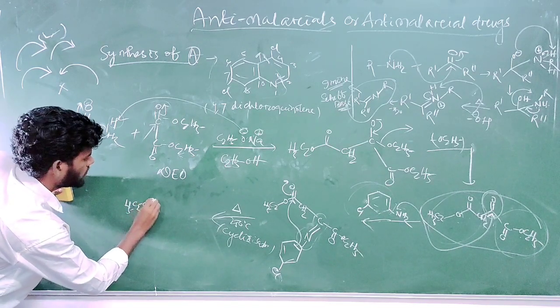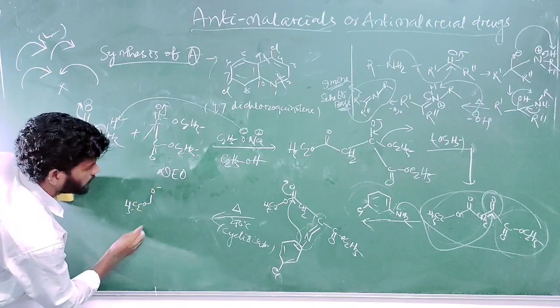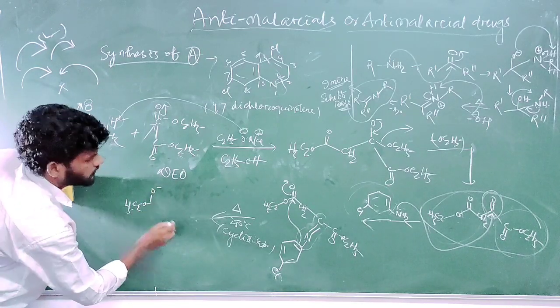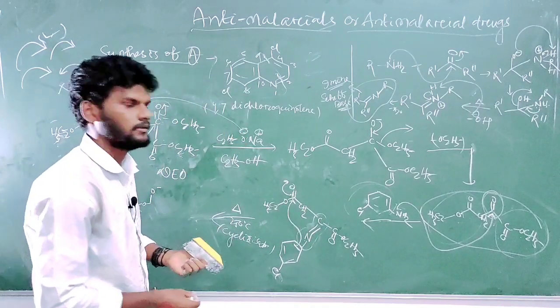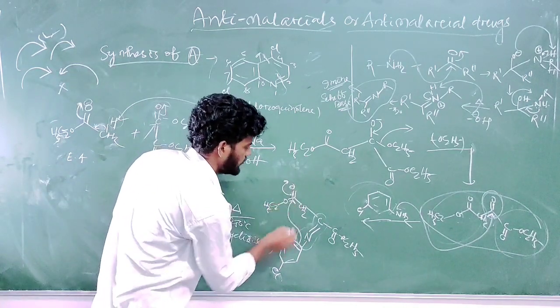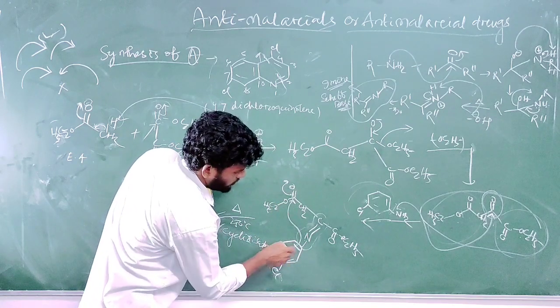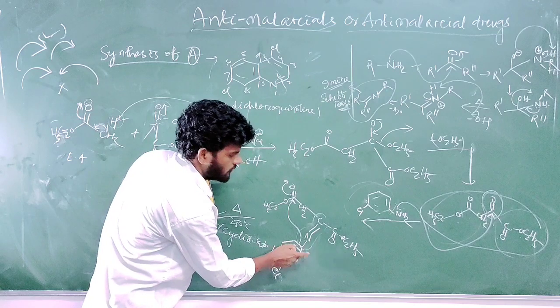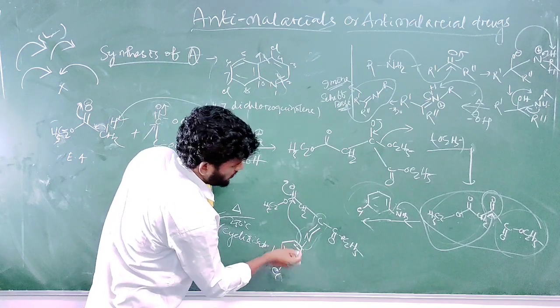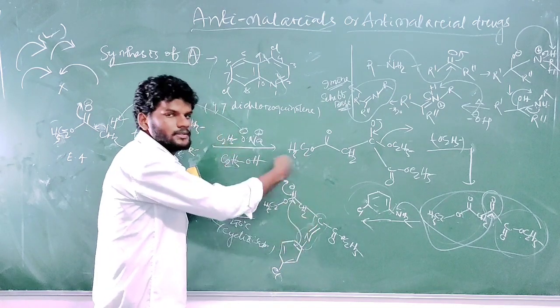C2H5O minus. Okay, then, if there is cyclization, you have to number the molecule, otherwise it will be difficult. It is easy to number. So this bond moves from this carbon. Okay, so there is mostly positive charge over this carbon. So how many carbons are included in the cyclization?